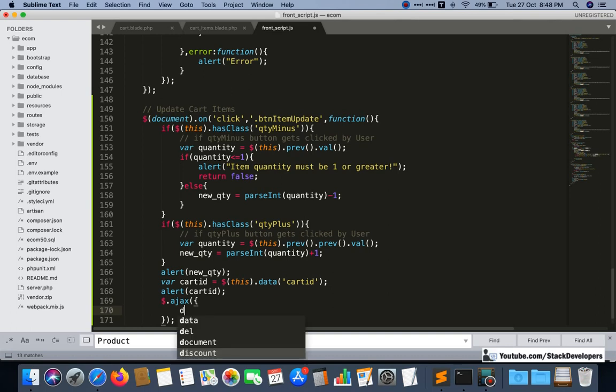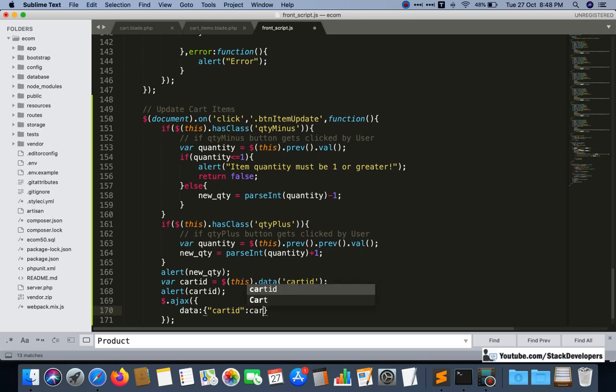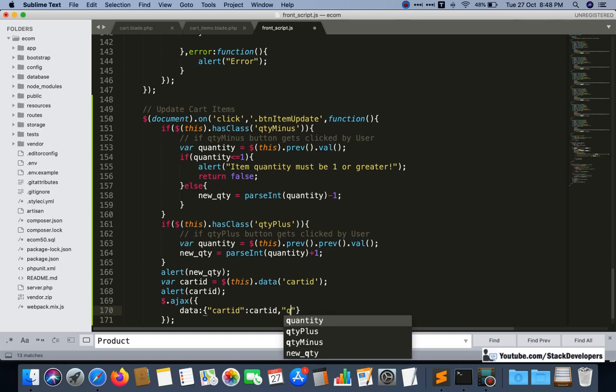Here we want to send data: the cart id, and the quantity that is coming in new quantity. Both these things we want to send.